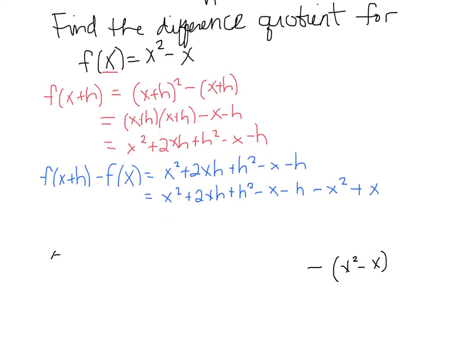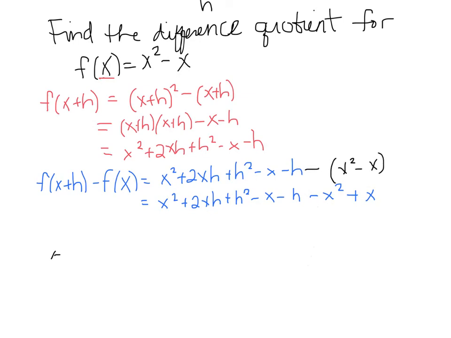So as we start to look at this, one of the things that we will see is that when we go to combine terms, notice you have a positive x squared and a negative x squared. Here we had a negative x and here we had a positive x. So those terms add to 0 and we are left with terms that only have h in them. 2xh plus h squared minus h. We're almost done now, so we've simplified f of x plus h minus f of x, and we want to actually look at that entire thing as